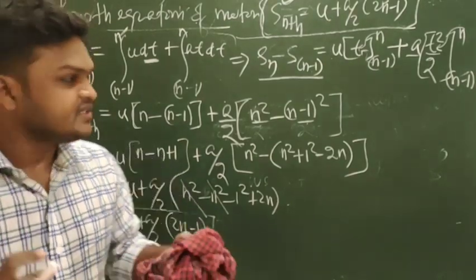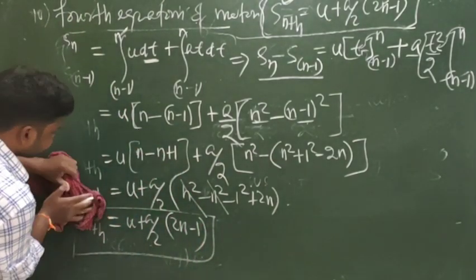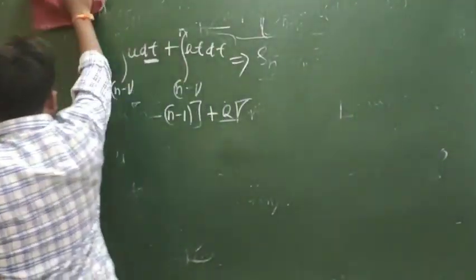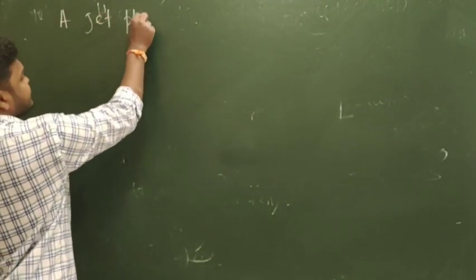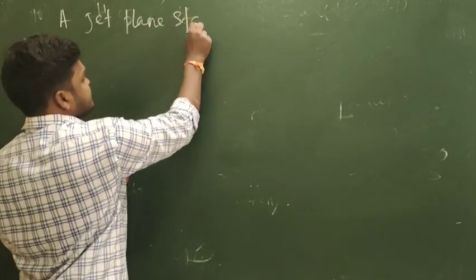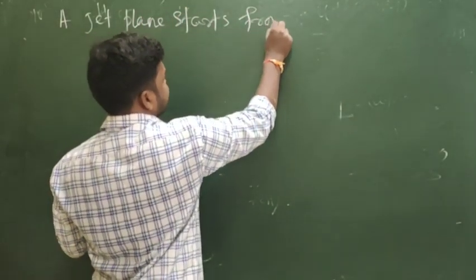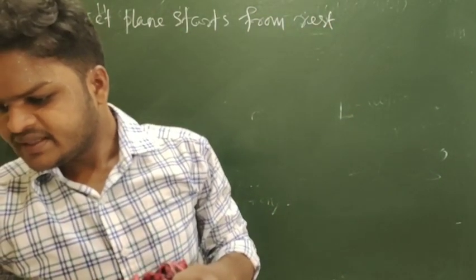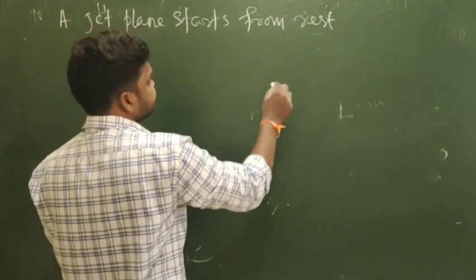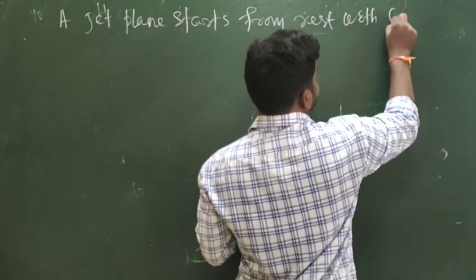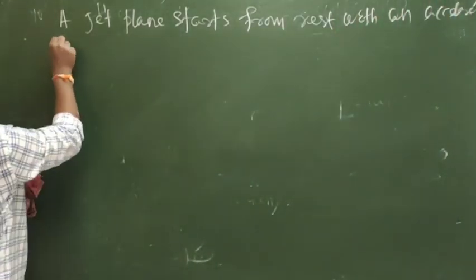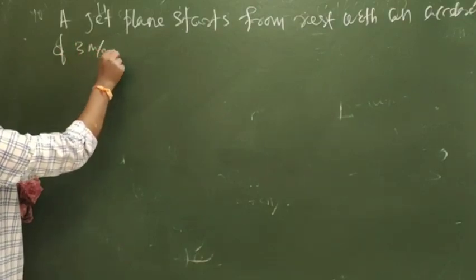A jet plane starts from rest with an acceleration of 3 meters per second square,